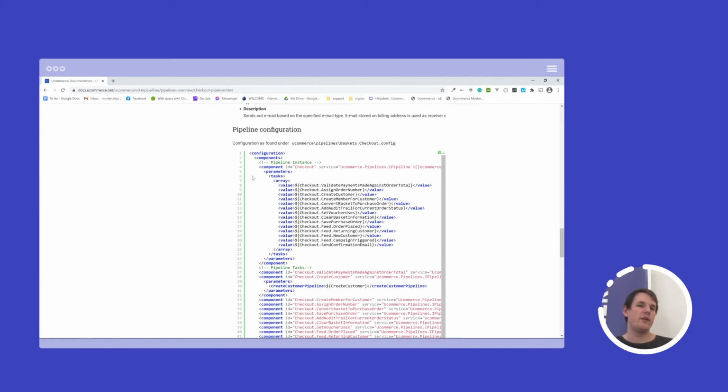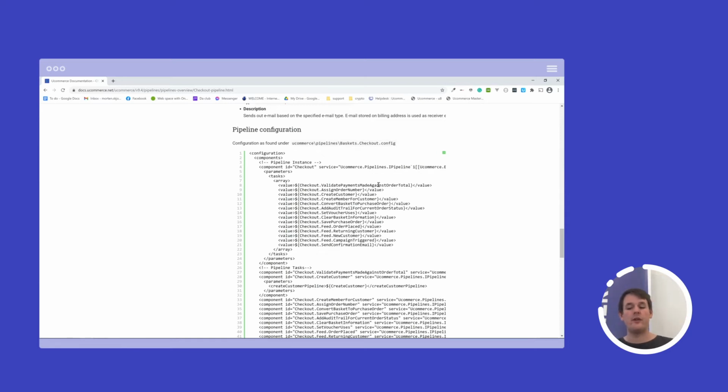If you take a look at the configuration for that, what we can see here is that the first step in the checkout pipeline is to validate payment made against order total. It's sort of a safeguard for checking out the customer to prevent fraud. So imagine that the customer goes to the payment gateway and we have asked him to pay for 500.